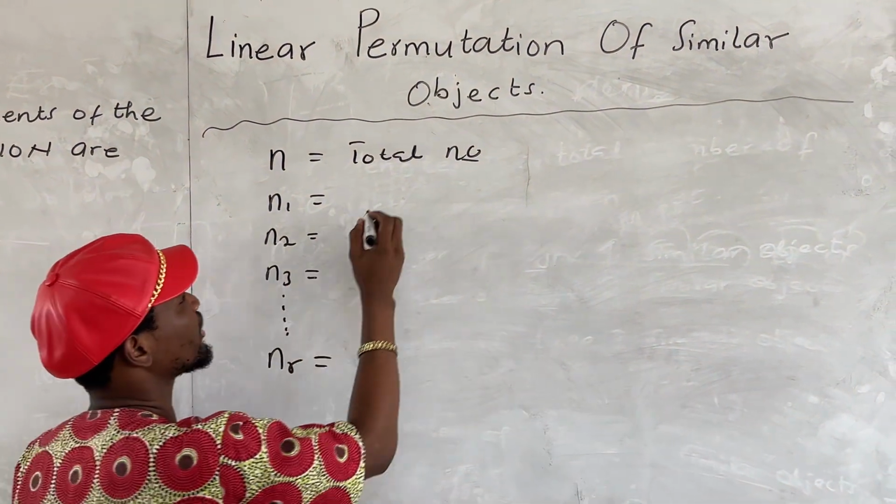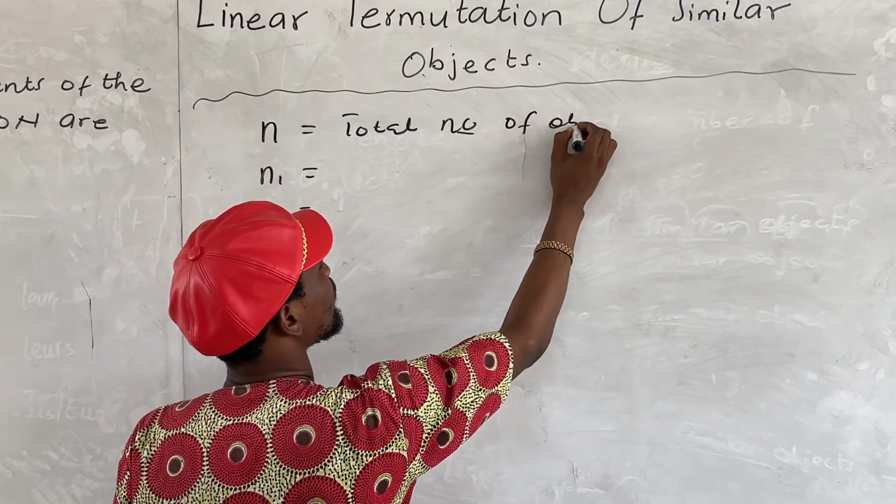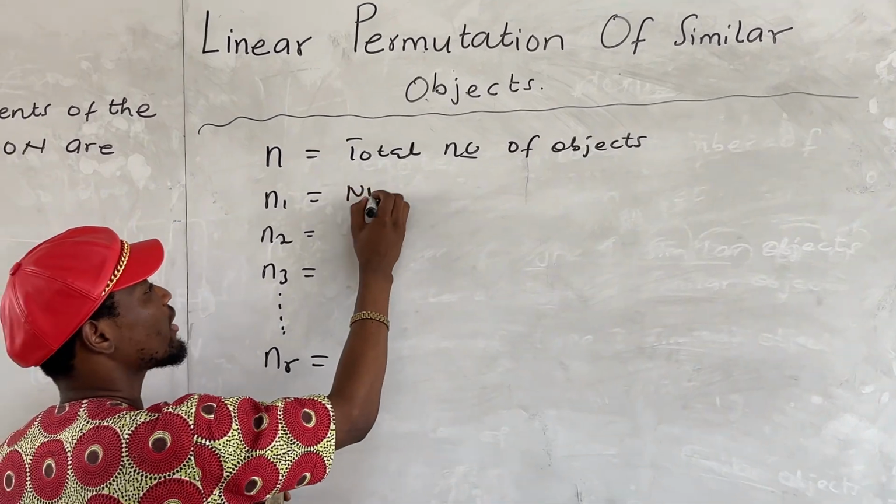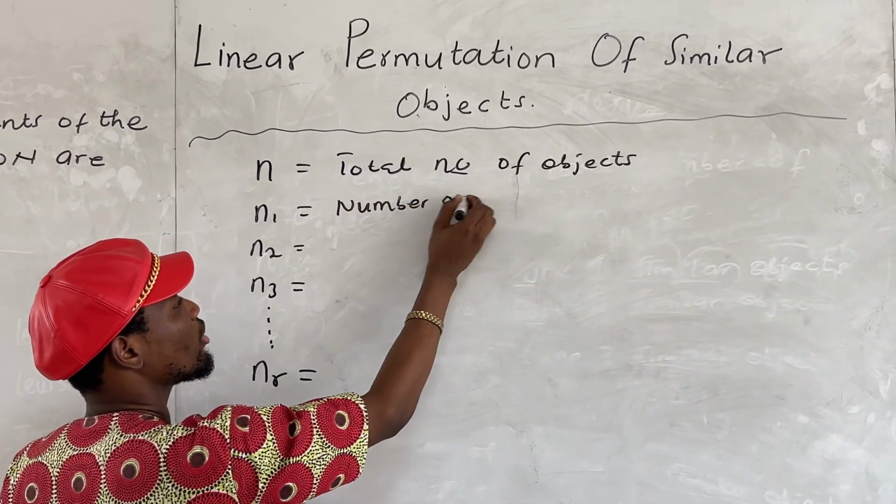So n represents the total number of objects, and n1 represents the number